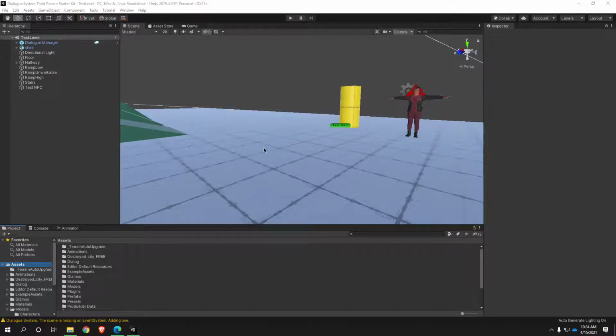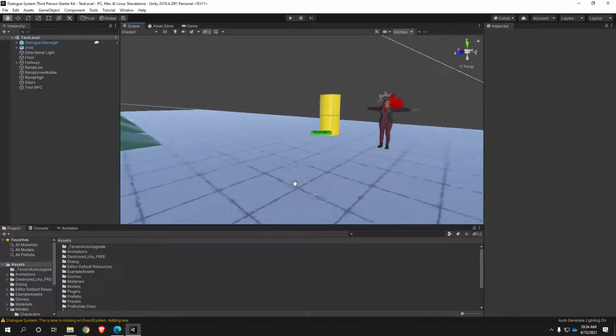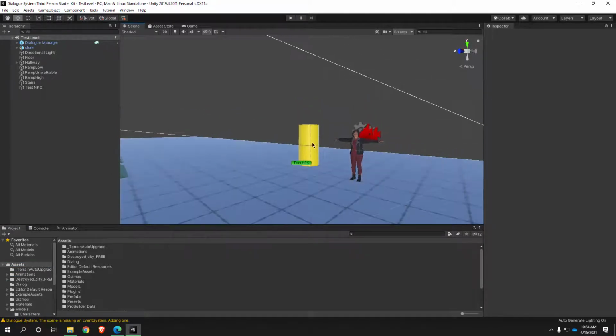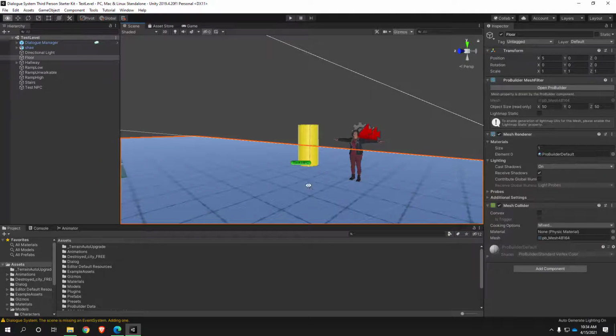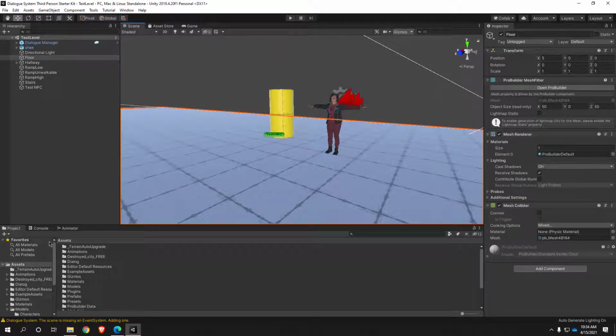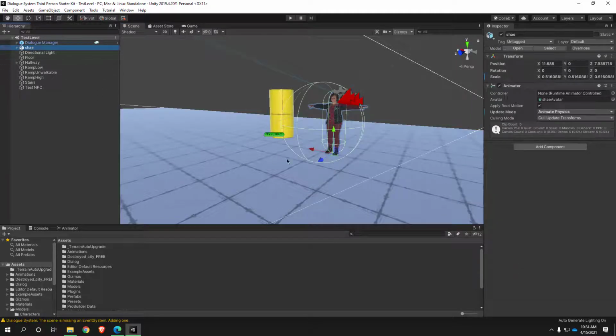All right, so we've got our player character set up. I'm using Shay. The next thing I want to do is go over how to replace this test NPC with characters that actually look like characters. So first off, I'm going to just use the existing Shay model I have because I know that it has